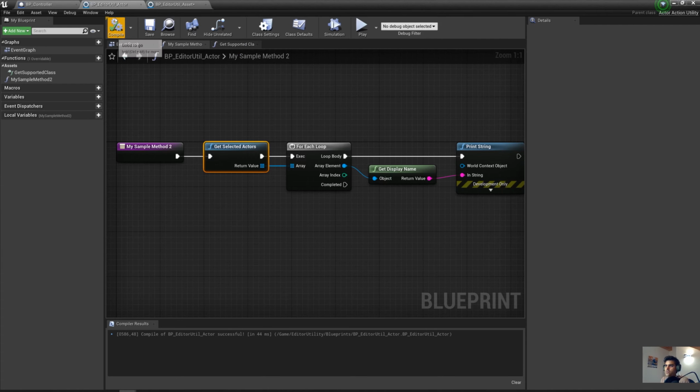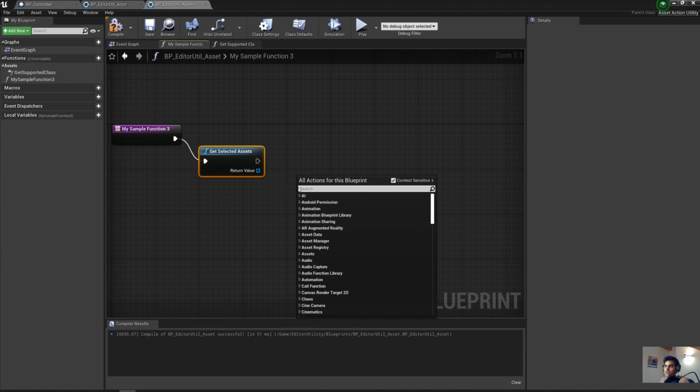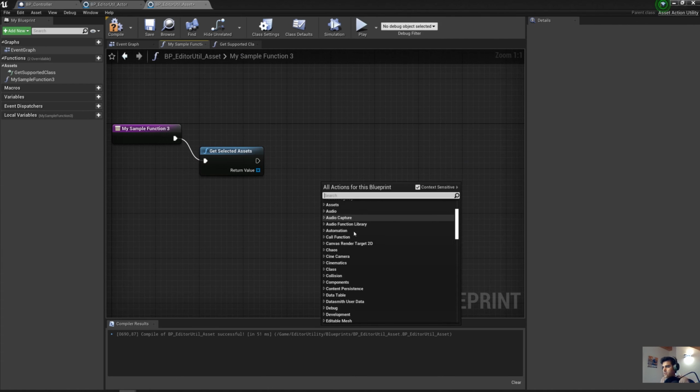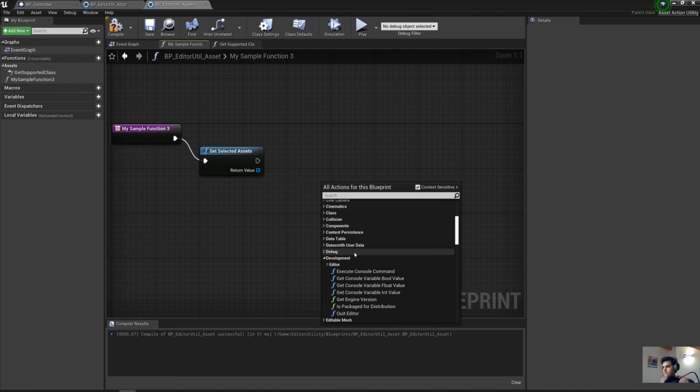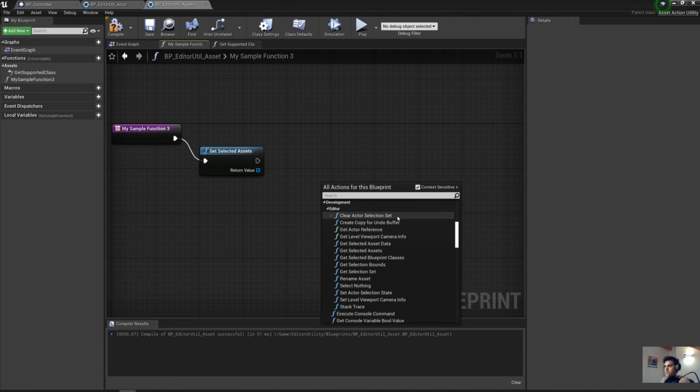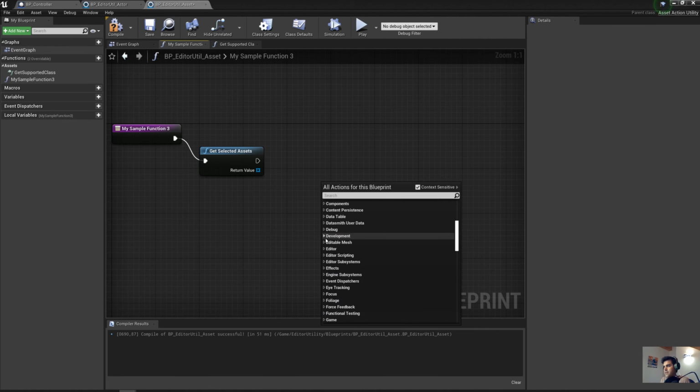If I go to one of these classes that are editor utility classes, or if I right click and go to development and editor, you are seeing that I have more options to play with. Second of all, the other thing, editor category, editor scripting, you also have these categories that you can use for editor